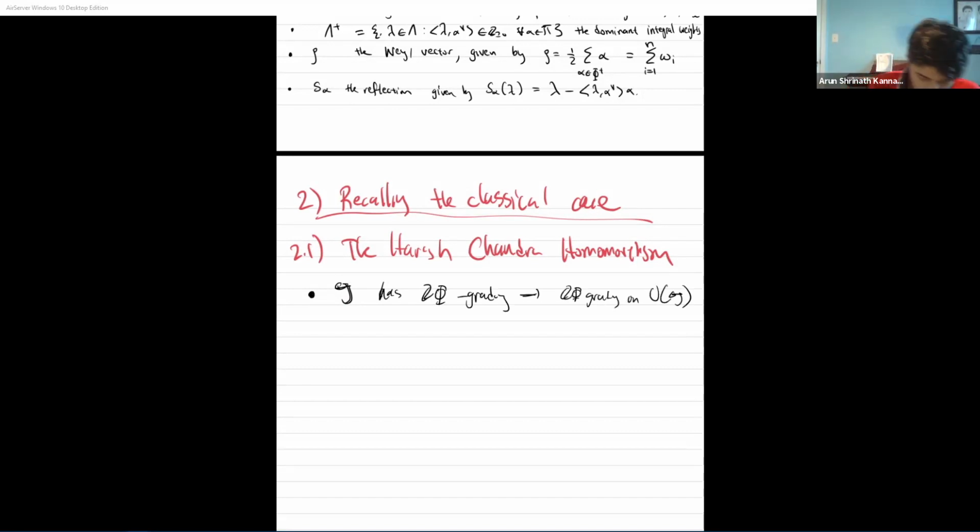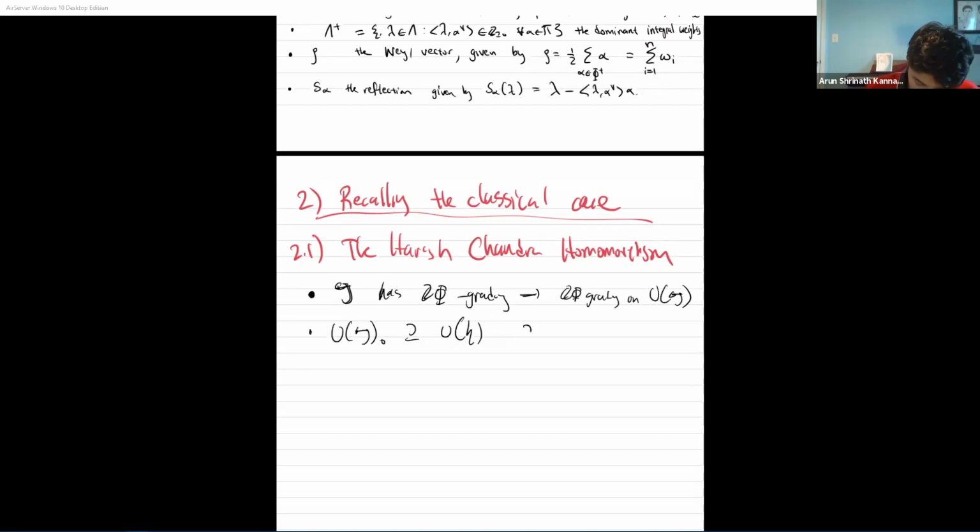We can refer to the piece consisting of elements of degree 0 by U(g)_0. In particular, this will contain the enveloping algebra of h, because the Cartan consists of degree 0 elements,